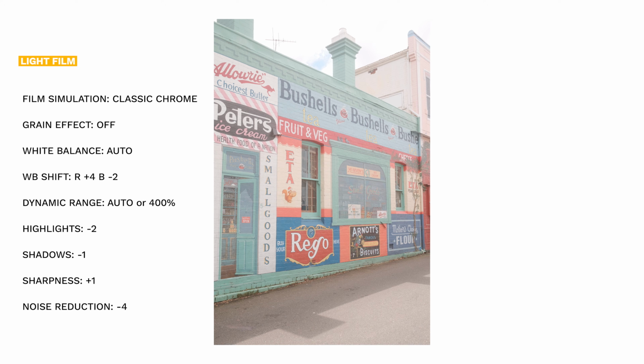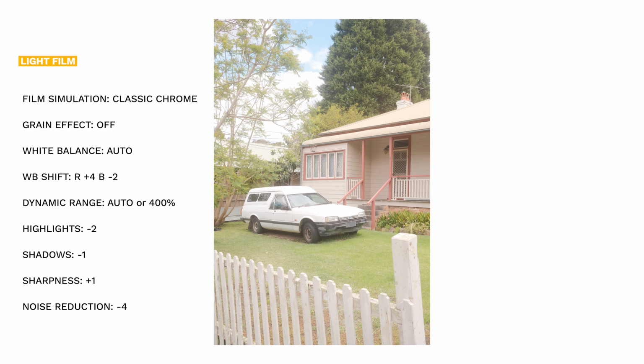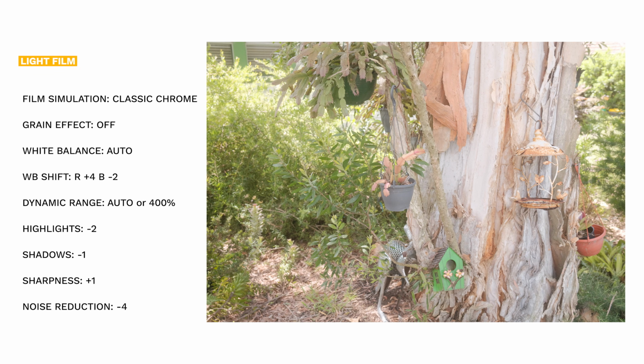But of course, depending on the lighting situation, I would want to bring back highlight detail in post-processing if I really want it to look more like film. This profile does not work well with human subjects, as the skin will look too washed out, but for photographing landmarks and landscapes during the day, it works really well to create that pastel aesthetic.